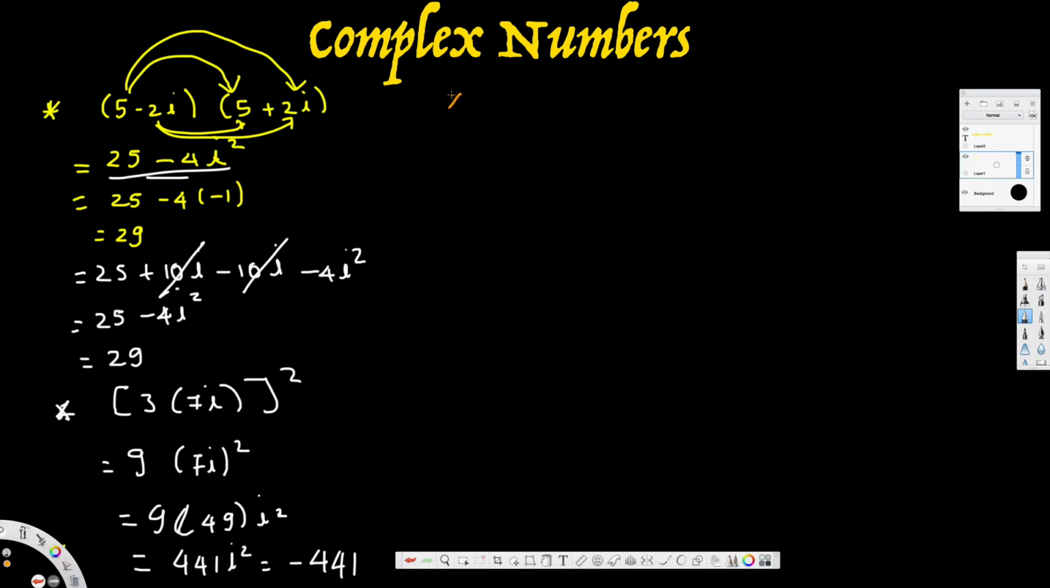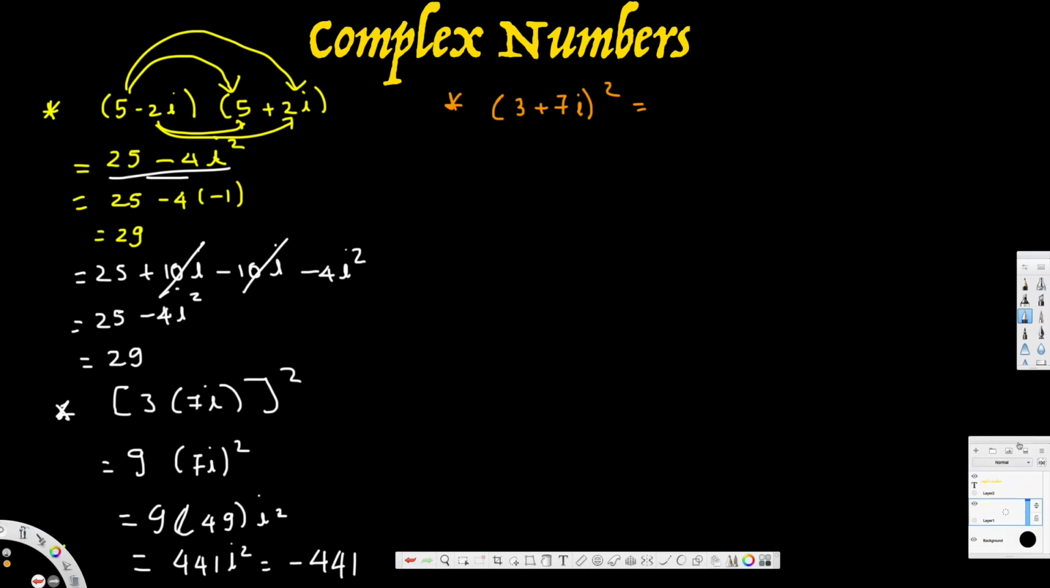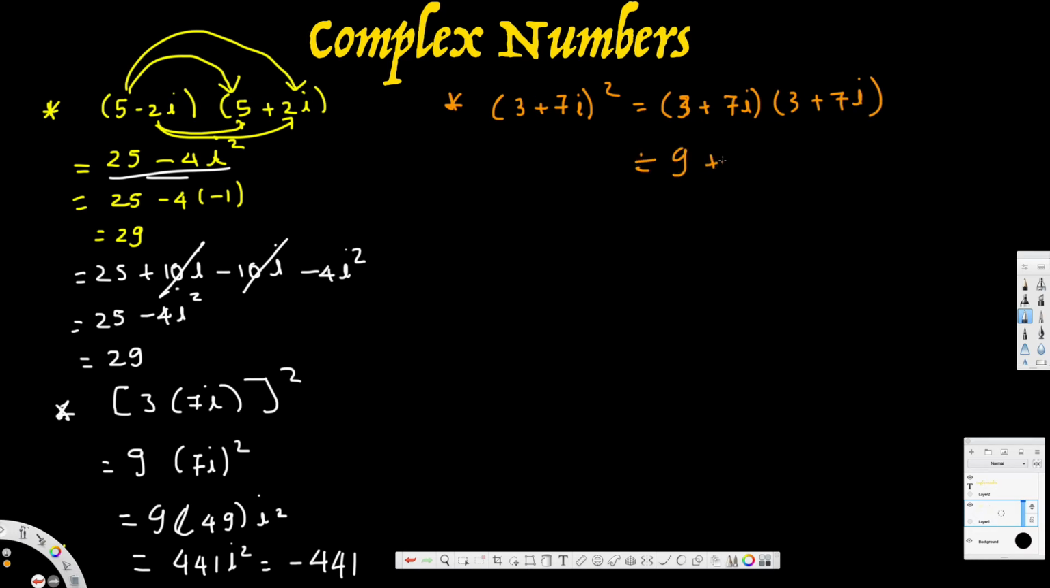Let's say we have 3 plus 7i, squared. For this one we have to FOIL it. We have to just expand it: 3 plus 7i, 3 plus 7i. 3 times 3 is 9, 3 times 7i is 21i, and then 7i times 3 is again 21i,